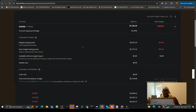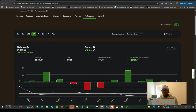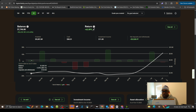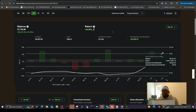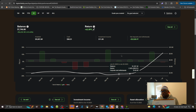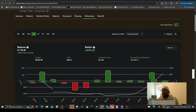As you get comfortable doing this, you're going to see your account grow quicker and faster. Let me show you guys my account. I started doing this in the last week of September, and my account is already up. It's already up. I started with 2K. I started at the last week of August. Once I got my account over 2K, I applied for margin. And I've been buying assets first, paying my bills, buying assets, paying my bills. The whole loop is, once my money comes into the account, I buy assets, and these withdrawals that you see, like 1,600, those are coming from my margin, which is attached to my broker account,